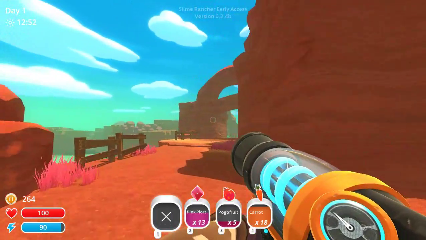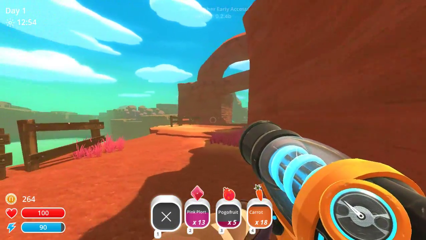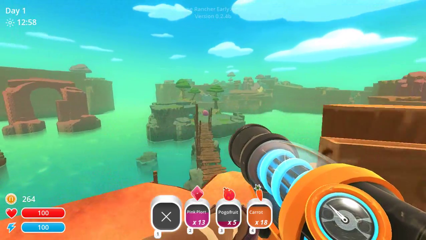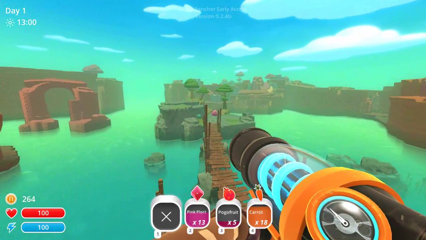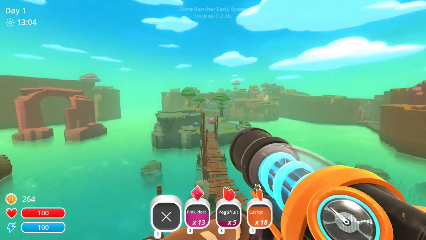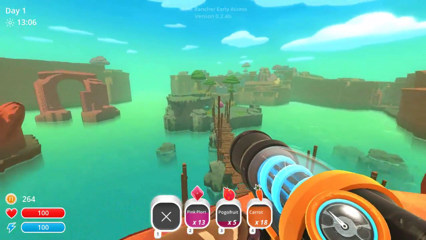I mean, it looks like a big, expansive world, but in the end, it really isn't. It's not that big. The reason we need food is because you see that giant blob down there? That is a special type of slime, and if we feed it, it'll explode and give us a key. The other way, of course,